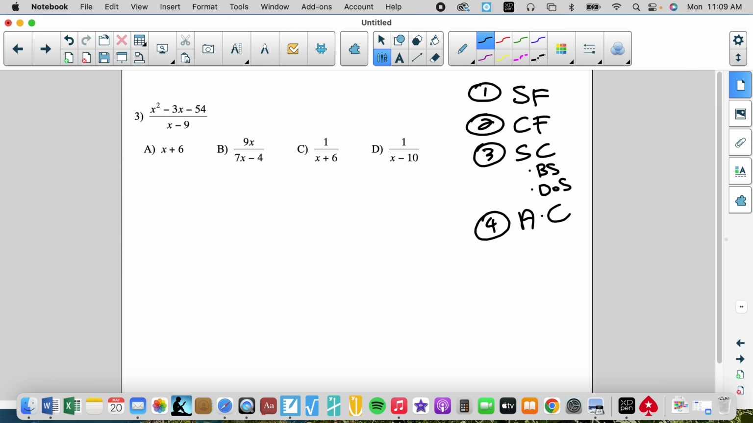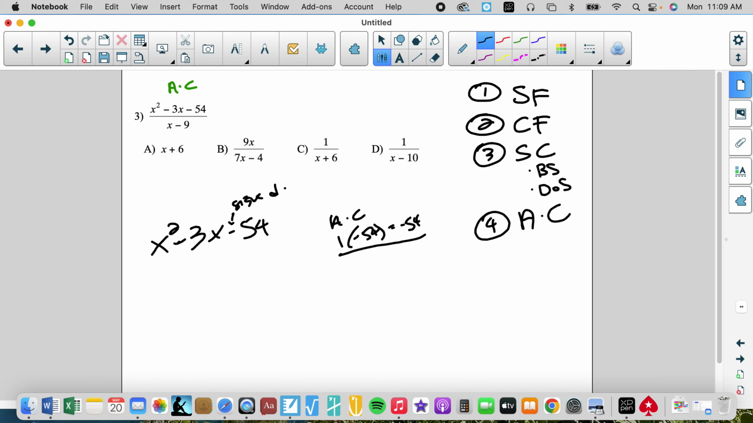So x squared minus 3x minus 54, I'm going to do A times C with this. So I have x squared minus 3x minus 54. My A times C, my A is 1. My C is negative 54, which equals negative 54. My signs are different. Signs are different, and the bigger is going to be negative. So factors of 54: 1 and 54, 2 and 27, 3 and